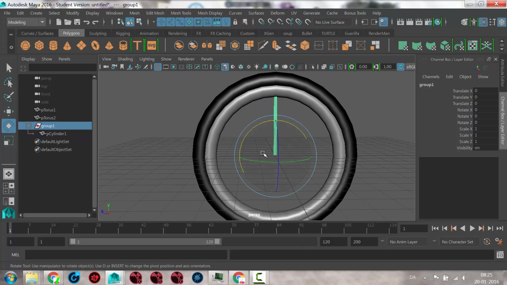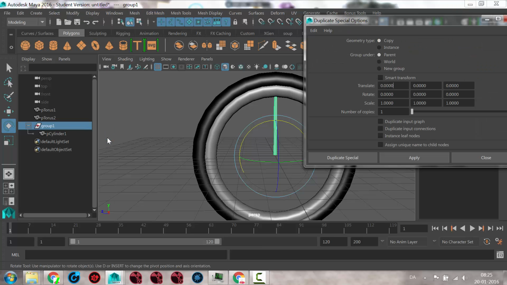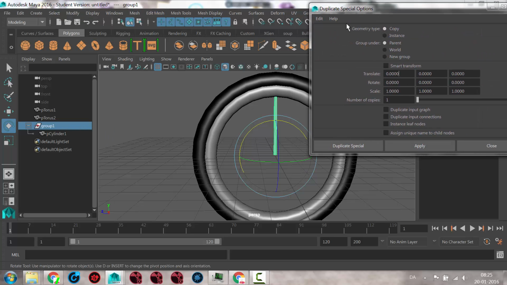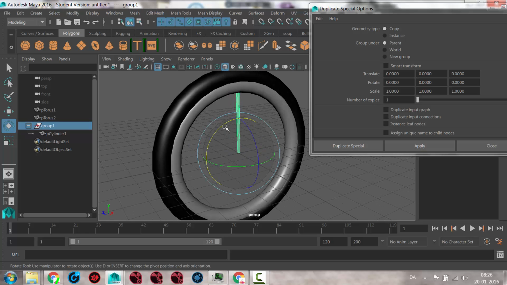So what I'm going to do now is I'm going to make a duplicate of this. So I just go Edit, Duplicate Special, Options, and maybe I had some information in here from yesterday from the temple, so I'll just go Reset Settings so that it's zeroed out. And then I'll look at this. I want to rotate this around the x-axis. And I want